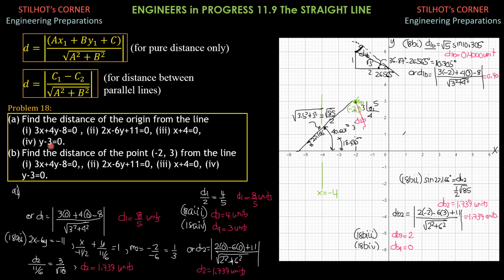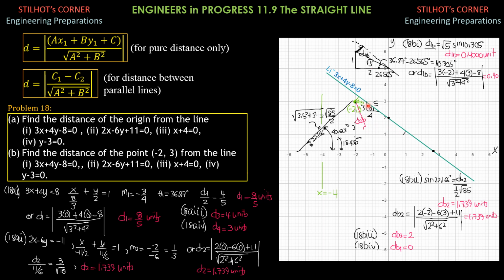So first, for 3x plus 4y minus 8 equals 0, let's plot and sketch its graph by writing this in intercept form. That's line 1. Then 3x plus 4y equals 8. Divide everything by 8. So x over 8/3 plus y over 2 equals 1. The x-intercept is 8/3 or 2 and 2/3. This is the point. The y-intercept is 2, which is that point. And this is the line with the slope negative 3 over 4,